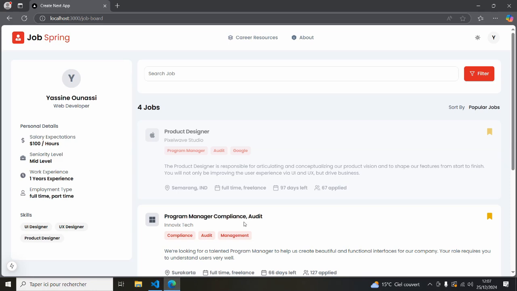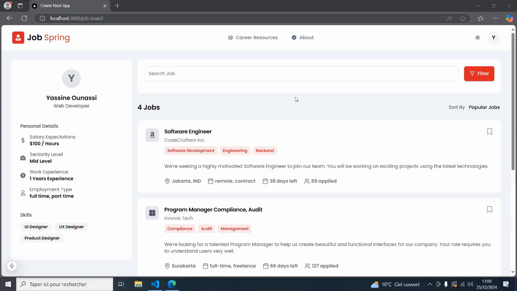So the next step that we're gonna do is we need to make the bookmarking of the actual card functional, and also we need to make the search functional, the filtering functional, and the sorting functional as well. So after we added the job lists, now the functionalities that I added is to be able to bookmark the